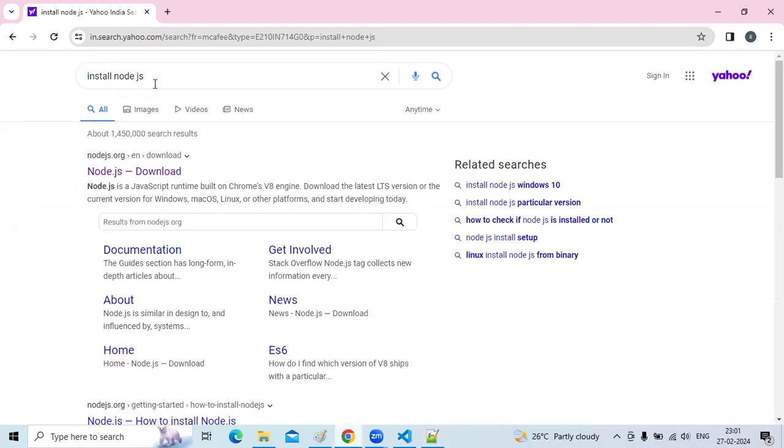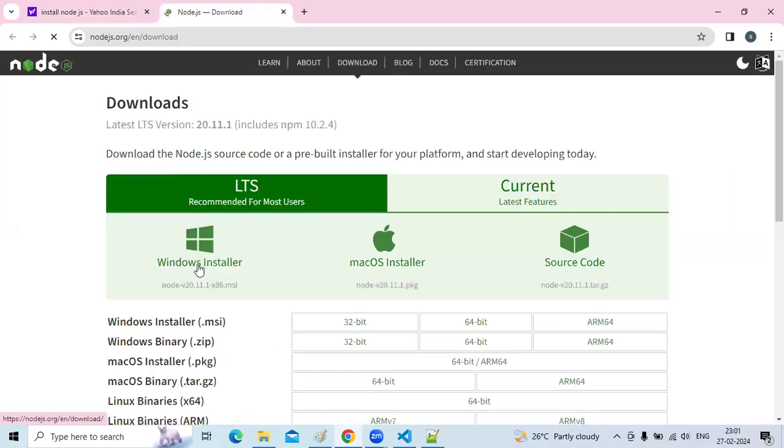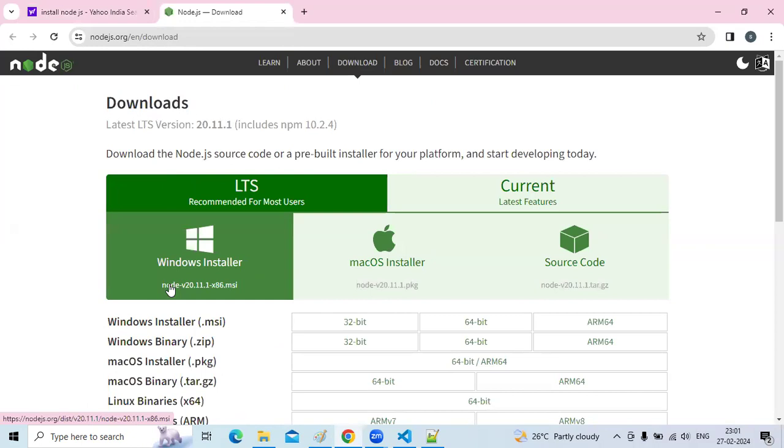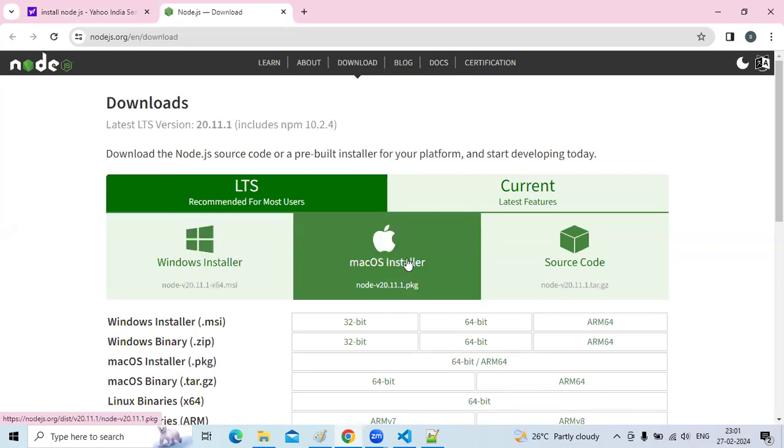Go to the browser, enter install Node.js, click on the first hyperlink. I'm using a 64-bit operating system, that's why I install the Windows installer. If you are using the Mac operating system, then you can install this one.